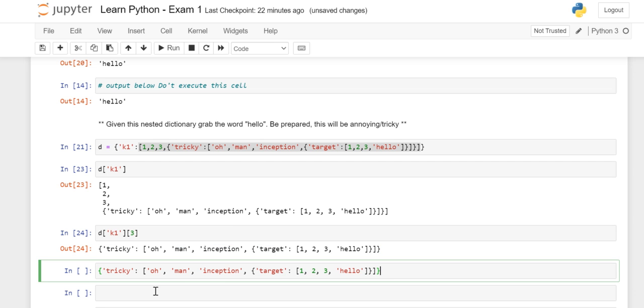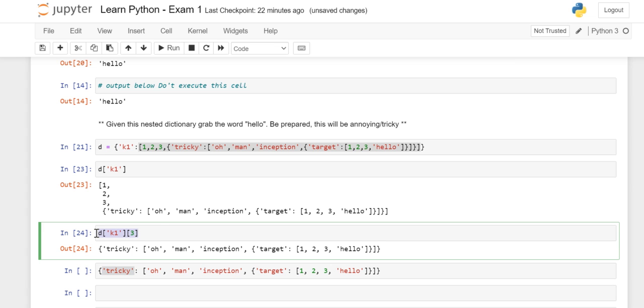I just type it here. You can see the very first is tricky, and the value again, it gives me the indication that this particular list, this is the whole value of which key? Tricky key. It means that if I need to access hello, I have to go and access tricky first.